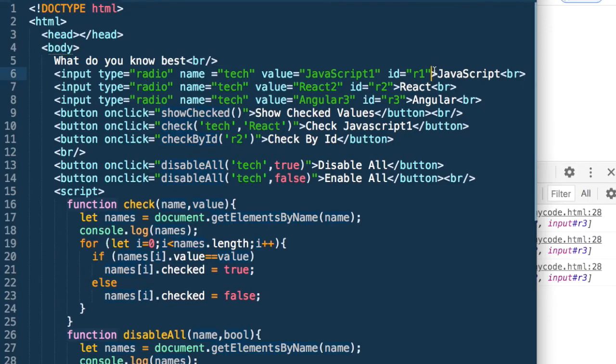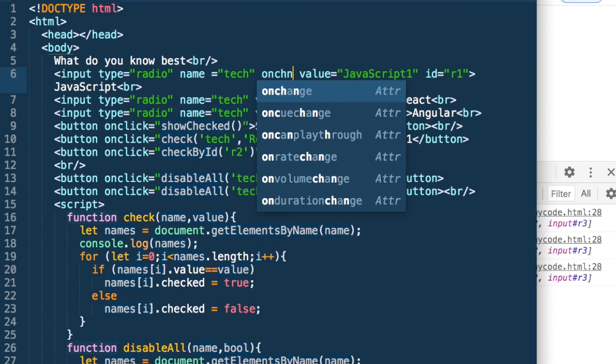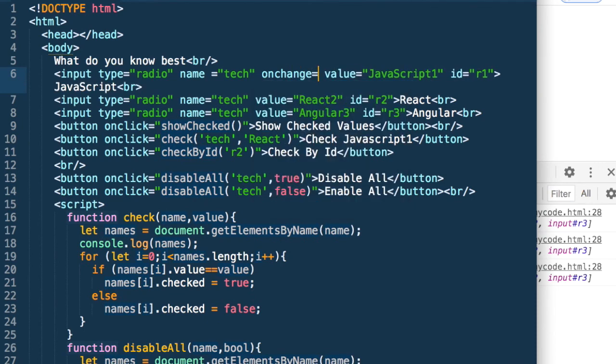So to implement an on change, we will need to add an on change event here. So on change is equal to, let's call it say change radio, this, and this is something we can just go and add to all the radios.